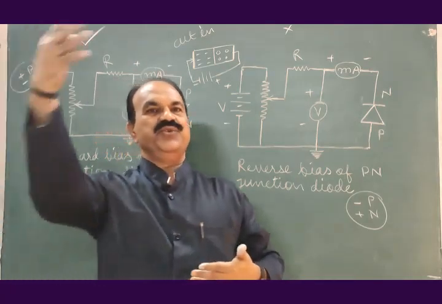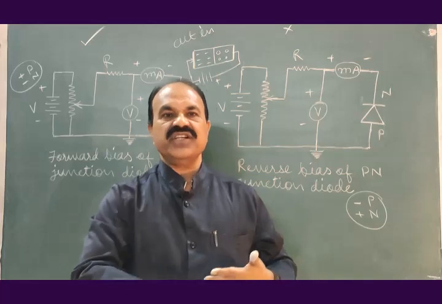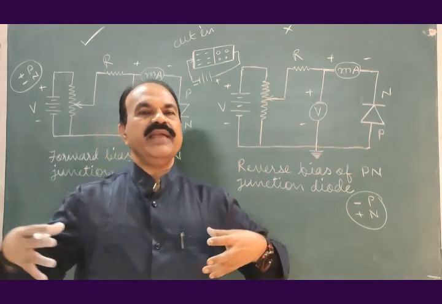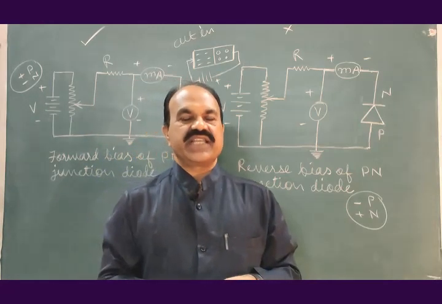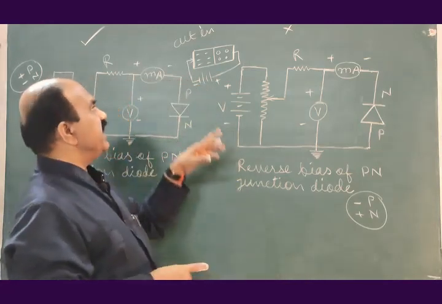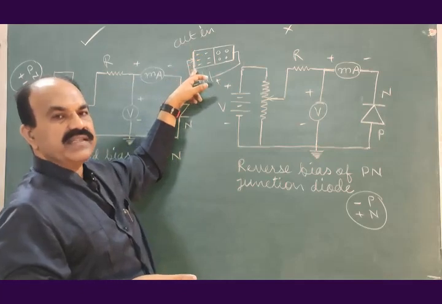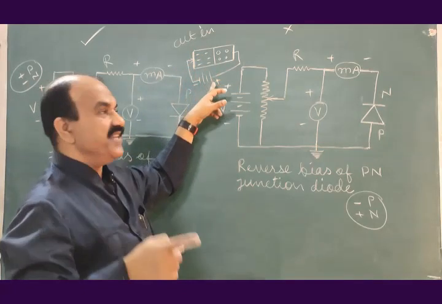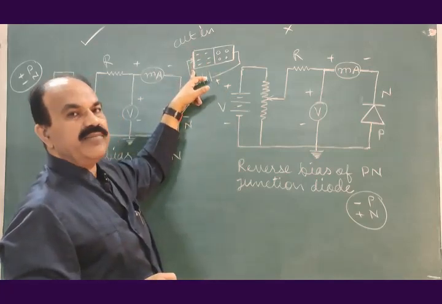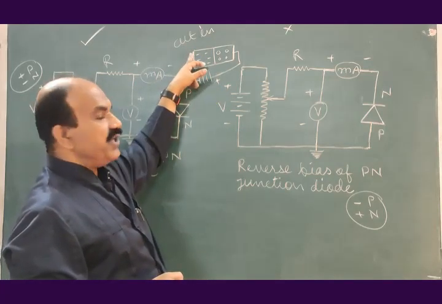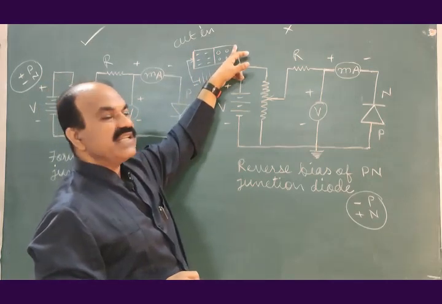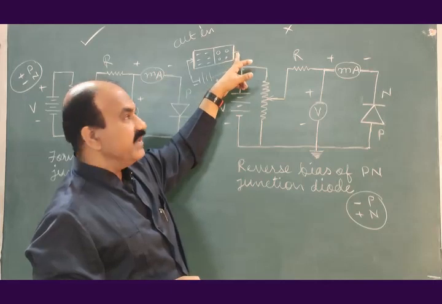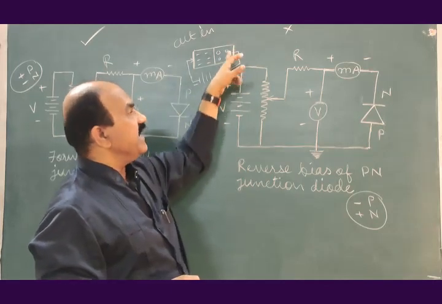Electrons will enter into the P region, holes will enter into the N region, and there will be recombination of the charge carriers. The holes may get discharged or neutralized at the N type. N type means negative side: the electrons get discharged, get neutralized, recombined with the holes here at the positive side.